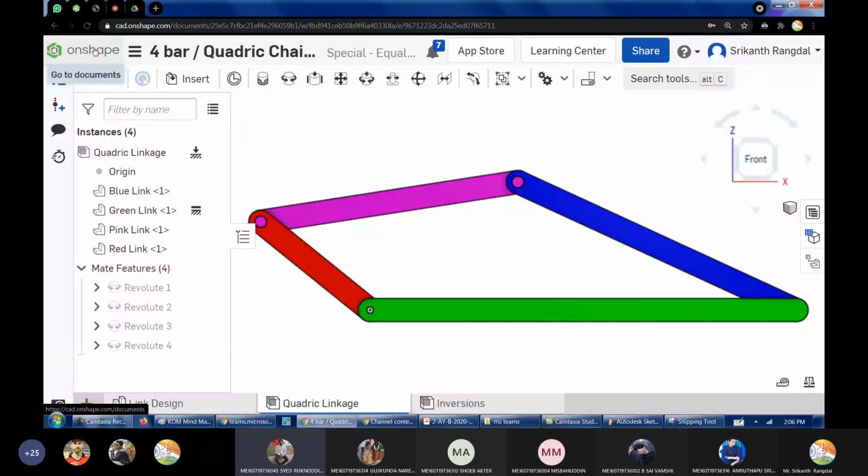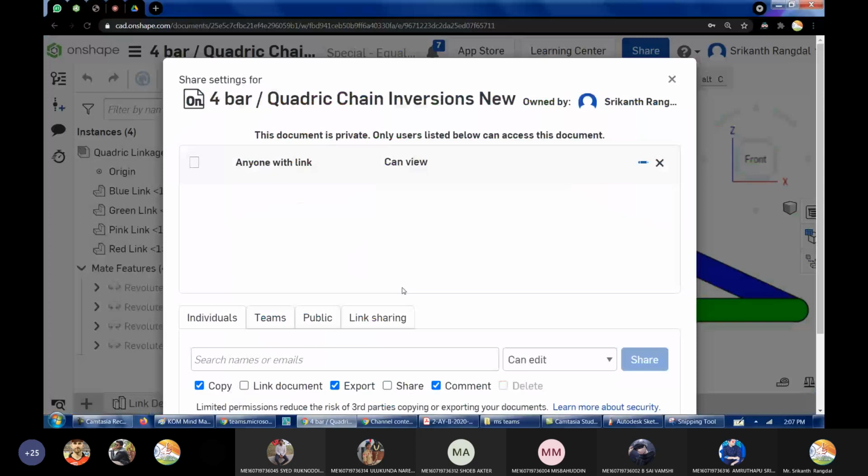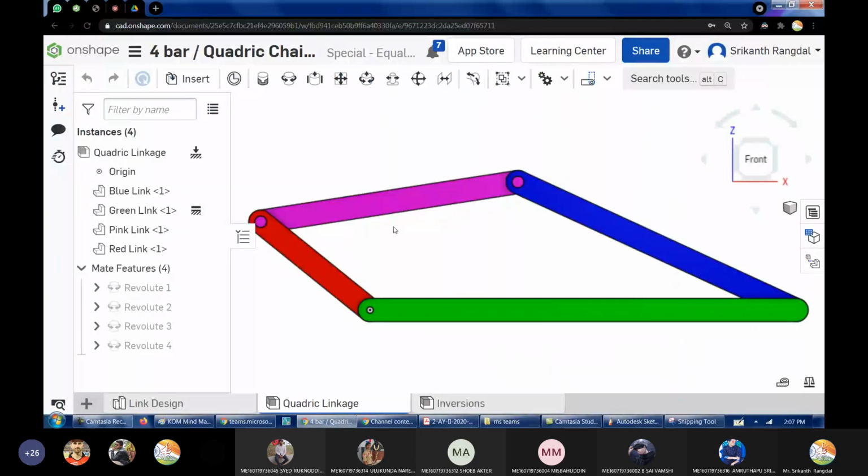Registered, sir, already. Okay, a few of you have registered, but the majority of you might not have. So all of you please get registered, and later I will share a Google Form with you. You can fill in that Google form and share the mail ID which you have registered, and those mail IDs I will add to the shared list. Once I add it to the shared list, you will be easily able to access this mechanism.